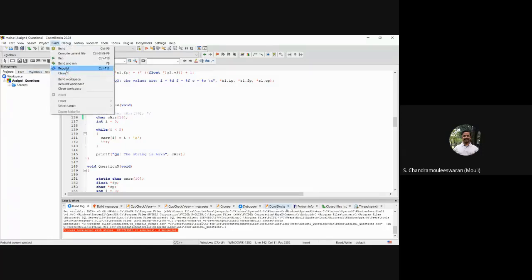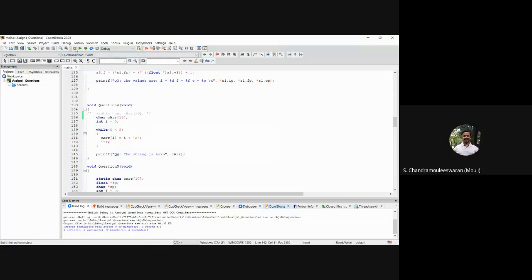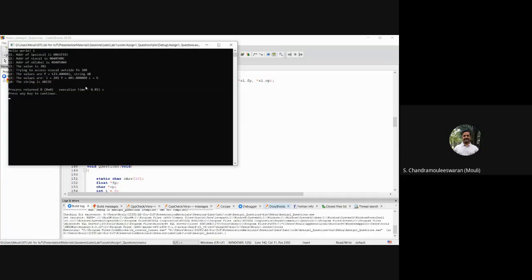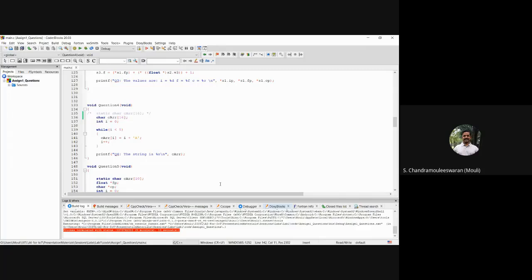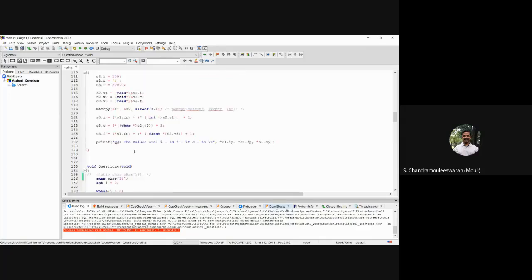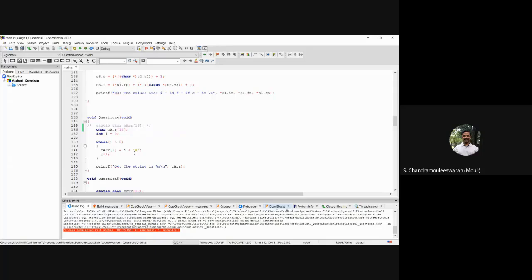So let me rebuild now with this. Did I rebuild fully? Yes. Okay, now run it. It is stopping at AB itself, because it is possible that we have a 0 there. Now, how do I make it happen? We have to write some junk into it. Otherwise, we will not be able to recreate it. It is very difficult to recreate, but it is assured to stop when you have a static array.